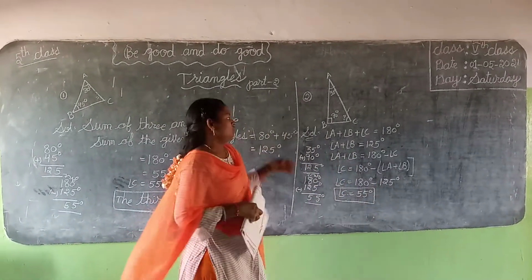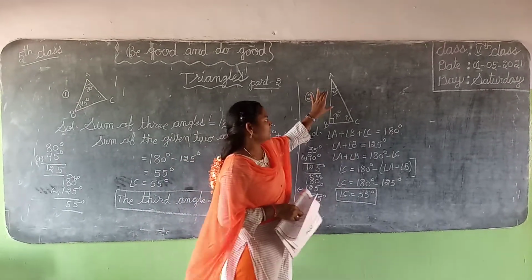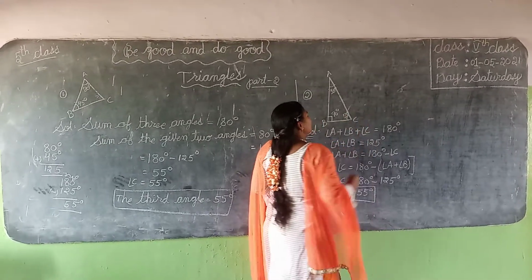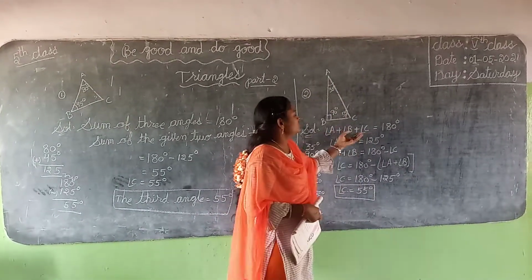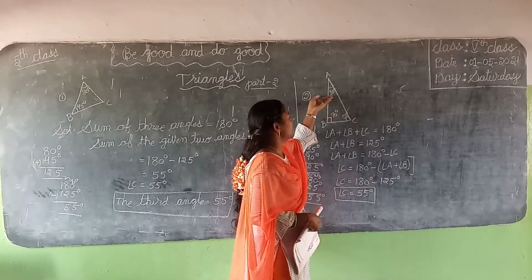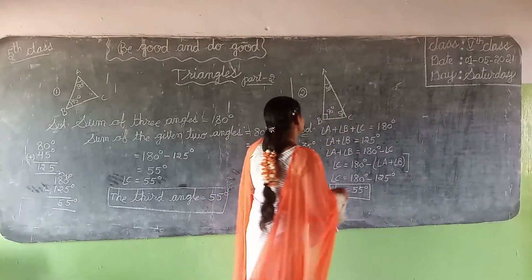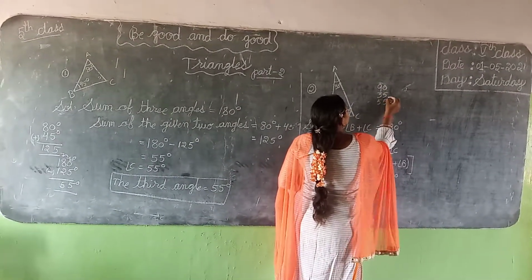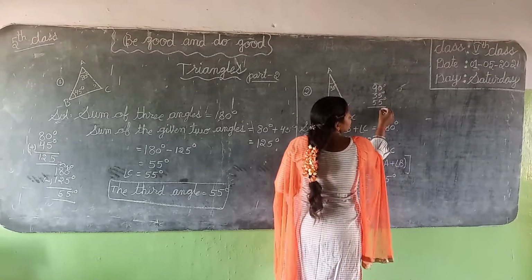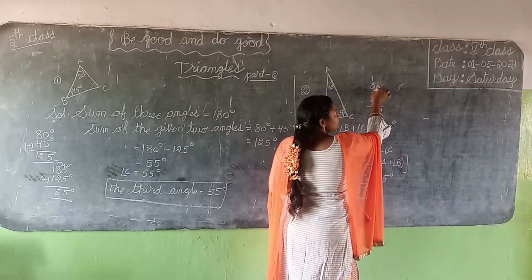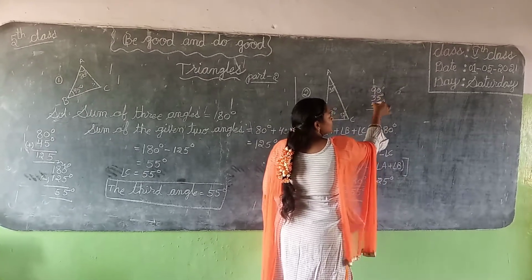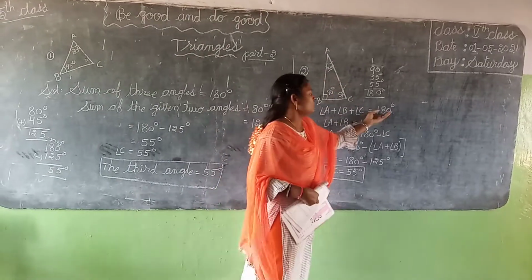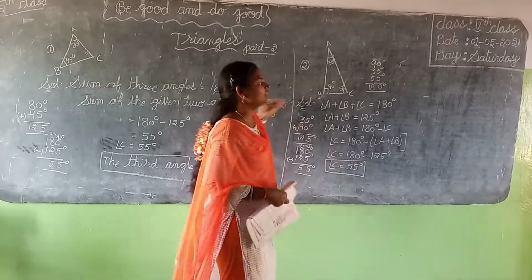Okay? So these two angles are 90 and 35 degrees, and the third angle should be 55 degrees. Now find the addition of these three angles. It was given as 180 degrees. 90 plus 35 plus 55 is also an addition: 90 and 35 and 55. So 5 plus 5 is 10. 1 plus 9 is 10. 10 plus 3 is 13, plus 5 is 180. Okay? These three angles added are also 180 degrees. Now clear? Okay.